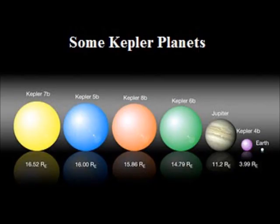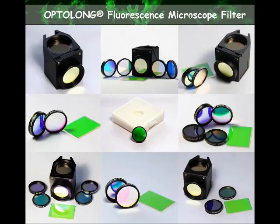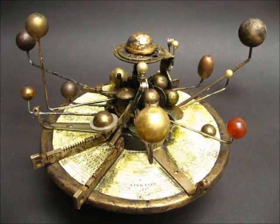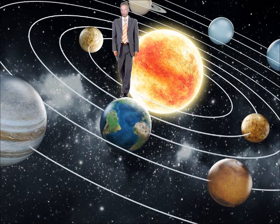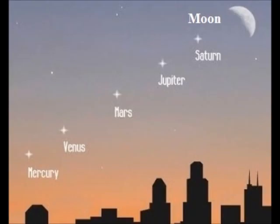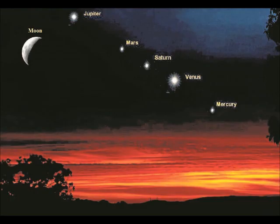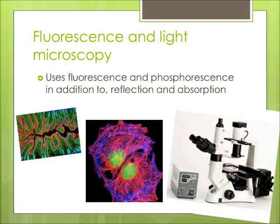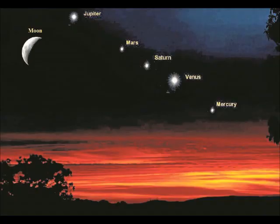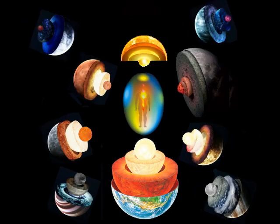Part of the reason we don't recognize the universe as technology is because the secrets of the universe are right under our nose. Plus, many of the technologies that I am showing you have just recently been developed. A lot of these people have never seen these technologies, let alone looked inside these technologies to see how they were put together. They don't know that the chemical composition of these technologies are the same as the chemical composition of the planets and so forth. Here are some examples of some microscopes: